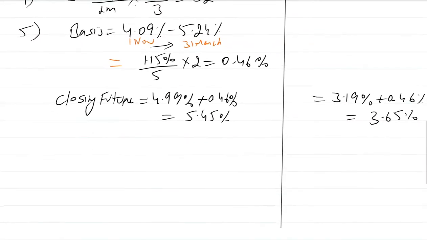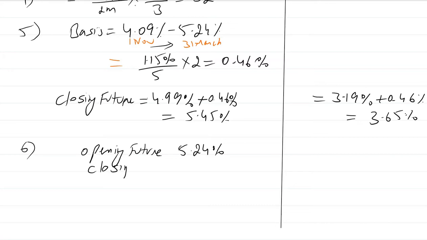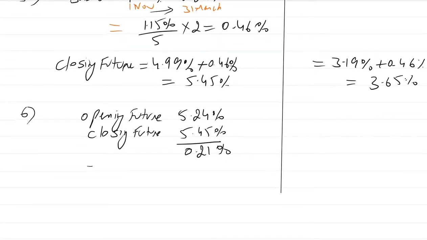Okay, let's close the contract. Opening future is at 5.24. That means you have locked your position at 5.24%. That means you will receive 5.24. But in the market, future rates have now moved to 5.45. So you are at a loss position. So your loss will be 0.21%. That means 21 ticks